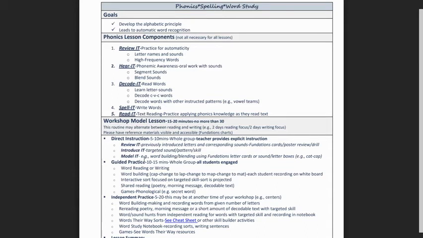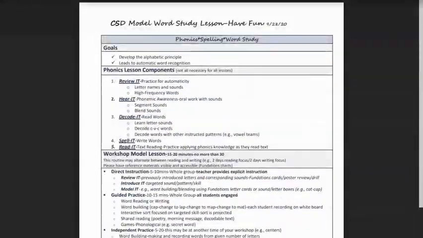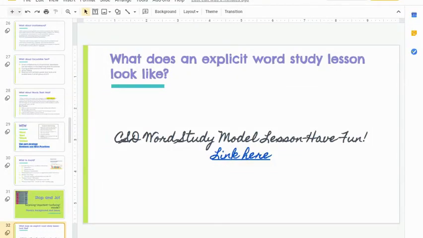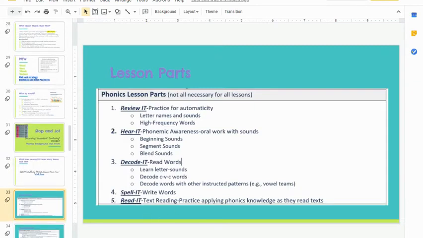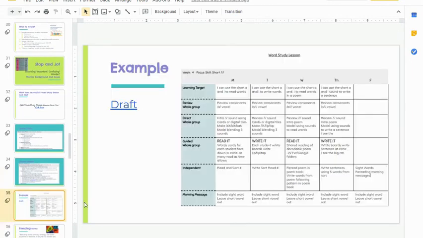It could be shared reading of poetry, morning message, decodable text, or a quick game. And then there's the independent practice part. We're going to spend less time on the independent practice because I think that's a more developed area. So, lesson framework, that was very quick, but we had the lesson components, the lesson framework, and then this